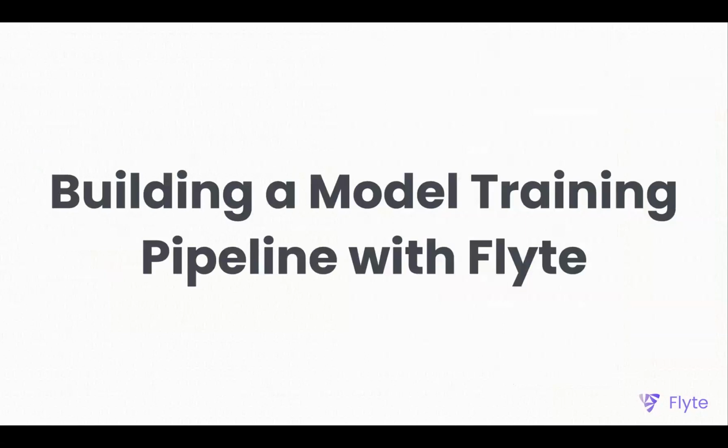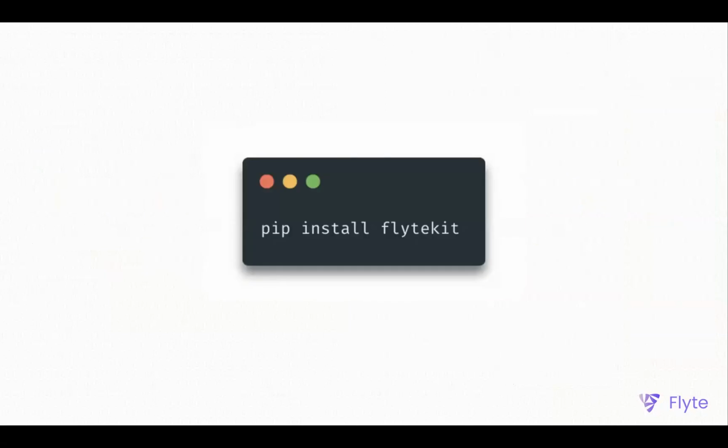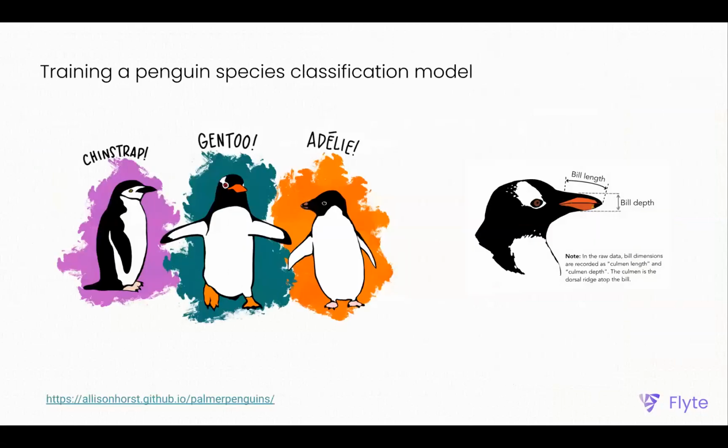Okay, so now I've given you a higher level conceptual understanding. I'll show you some code now, since this is AI camp. You all want to see some code. So first thing, pip install Flytekit. Flytekit is the Python SDK for Flyte. And just because penguins are cute, I think they're cute, we're going to train a species classification model. There are basically 3 species in this data set, and the features are certain characteristics like bill length and bill depth and weight, I believe. There are some other features in there.